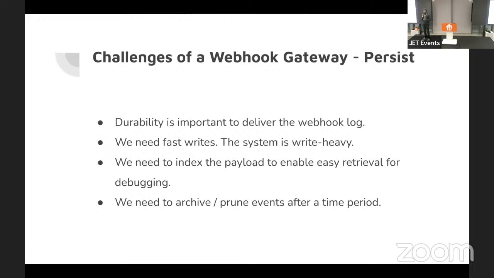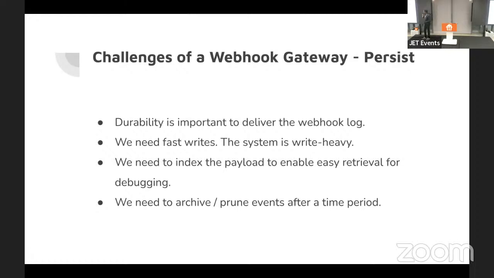You need to store events in some way or form. And durability is important because we want to show a webhook log to our consumers. The alternative is that each of your backend services needs to register these webhook events, and then the abstraction starts to not be a real abstraction, if that makes sense. So durability is the first requirement.